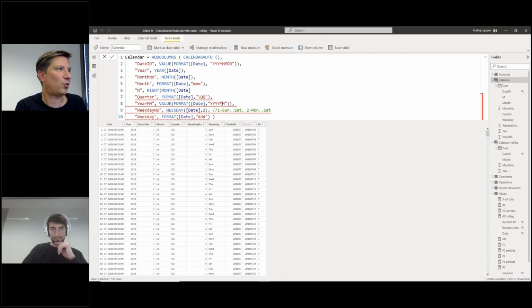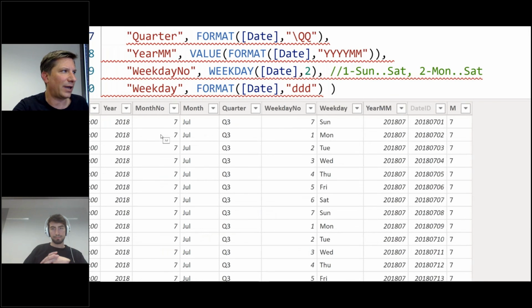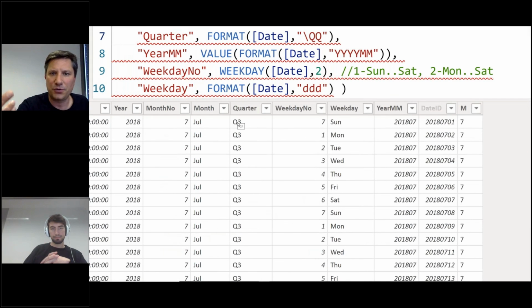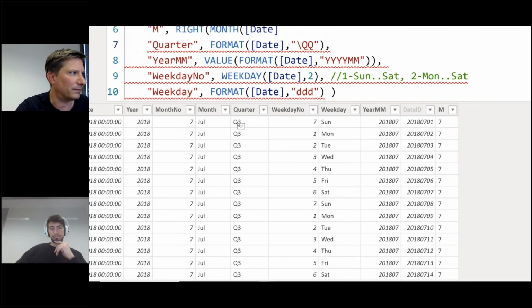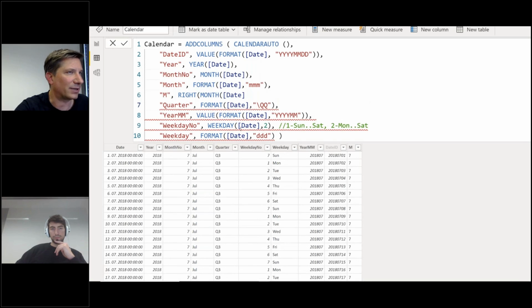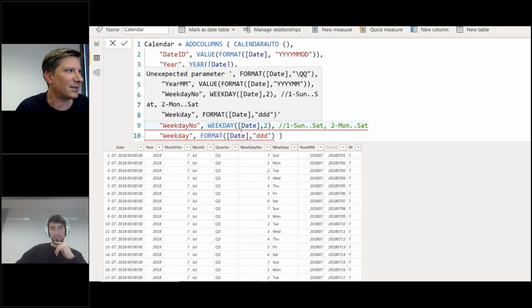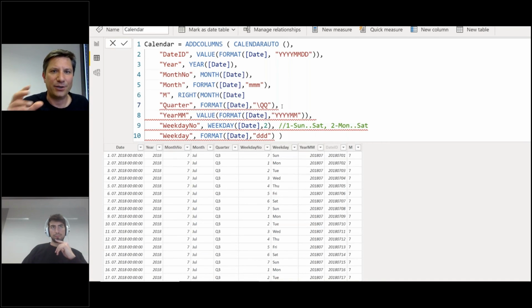How do you want your quarters to look in your reports? In most cases, people want Q1, Q2, Q3, Q4. That's the most standard notation for quarters. So what you can do is